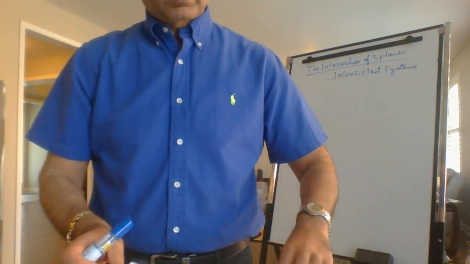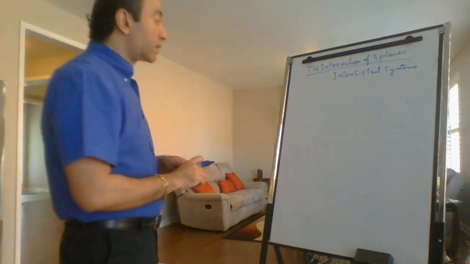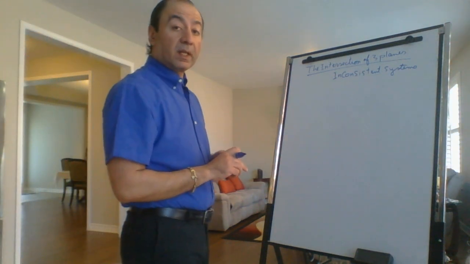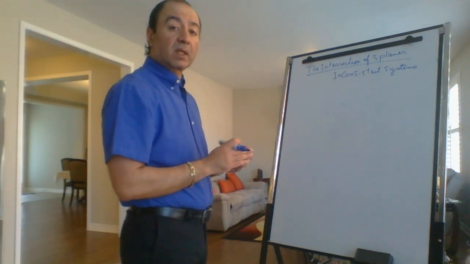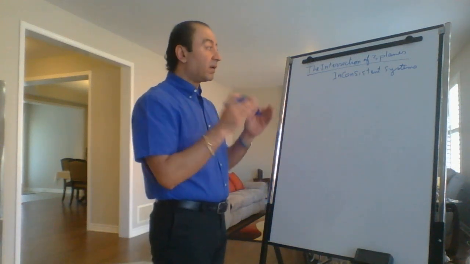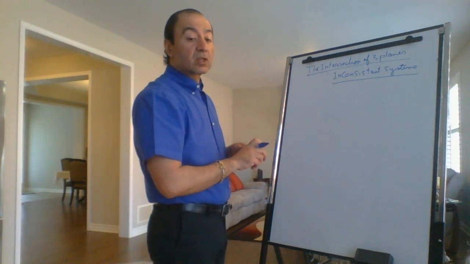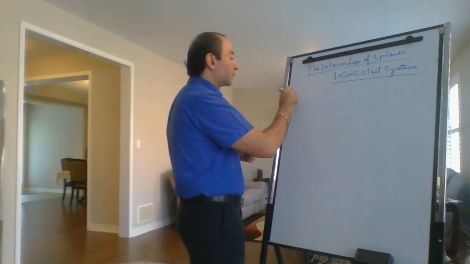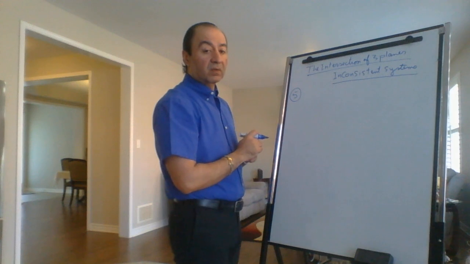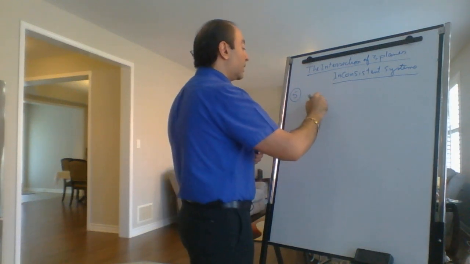Those are when the 3 planes don't share anything. Maybe 2 of them share something, but the 3 don't have anything in common, point or a line or a plane. So the case number 5, which is the first case of the inconsistent system, is when we have 3 planes like this,